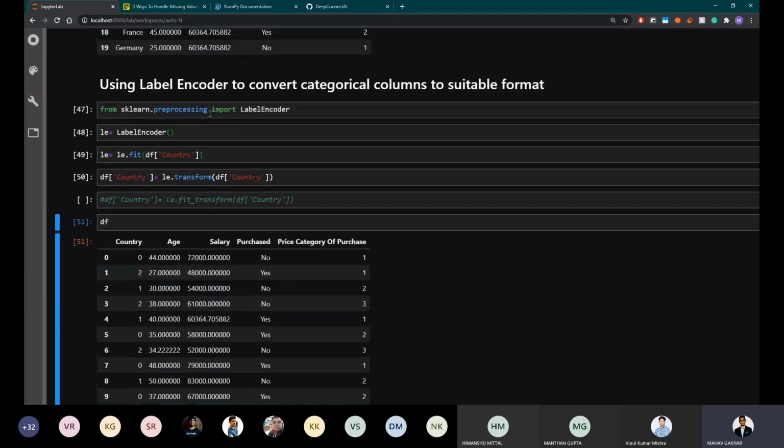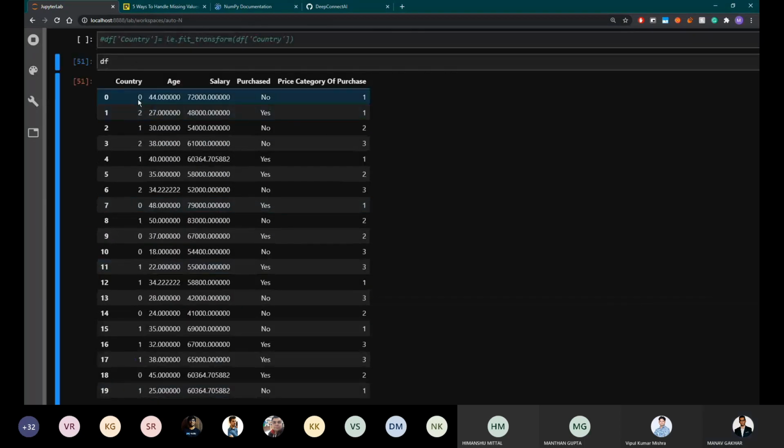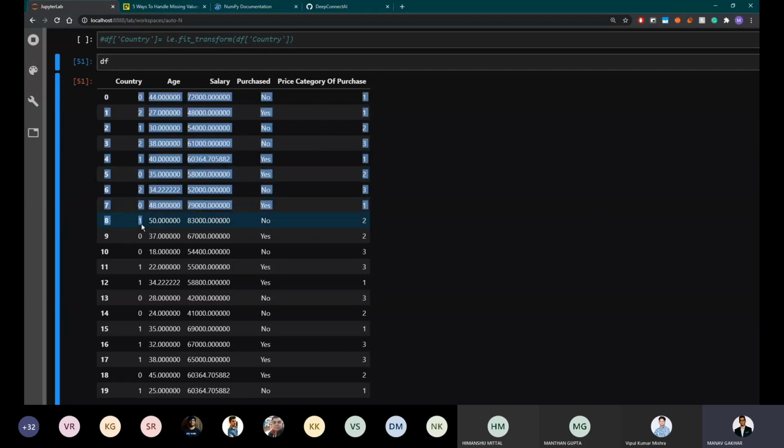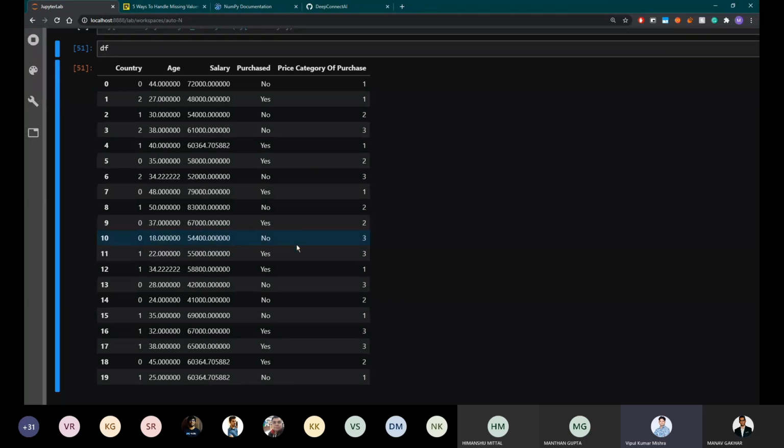But as you know, this can't be interpreted well by a machine learning algorithm. I think Vipul sir will be able to tell us why. Sir, can you tell us why this can't be used by algorithms? So if you look into it, we'll see in the course as well, if you are using some tree-based architectures, then this is good enough for the algorithm. We do not need to worry.